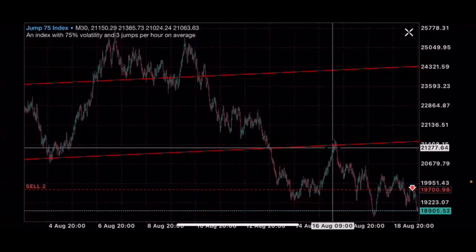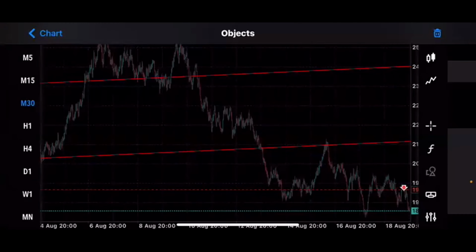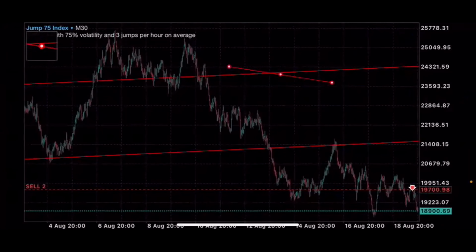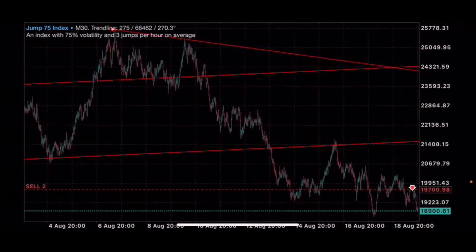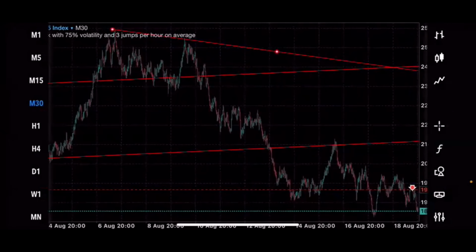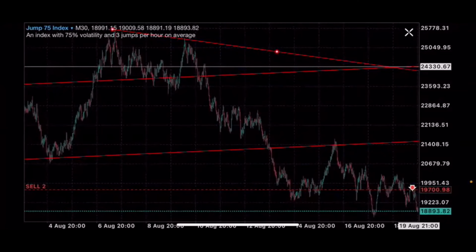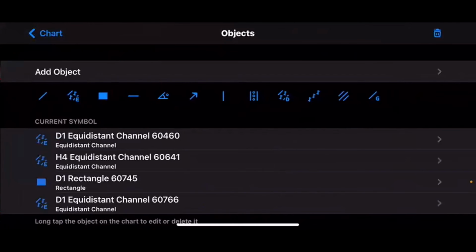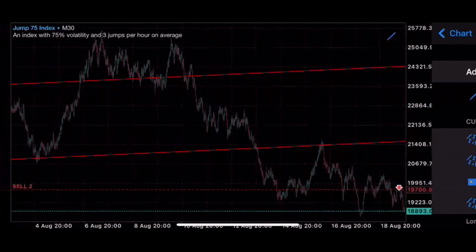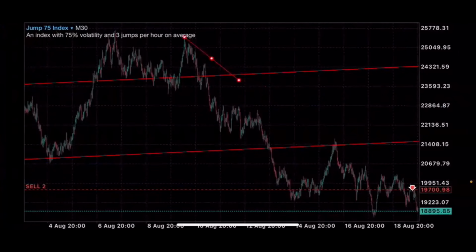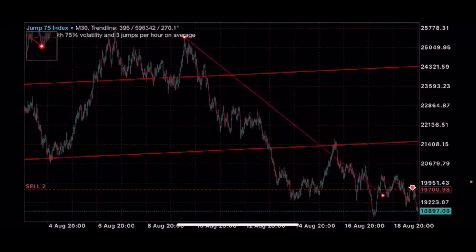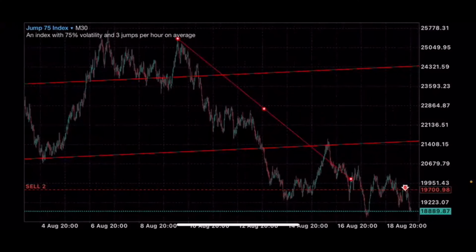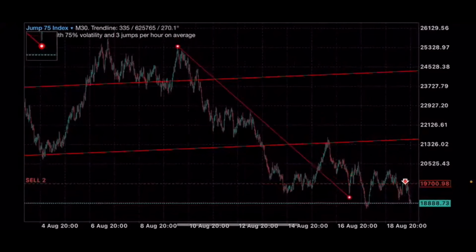So now you go to the M30, and you see that there's also a trend here. Now I can decide to draw this trend like this. It's very correct. But before this market reaches here, it's going to take a while. So it's as good as useless. So I'll use this one as my next factor here. And remember what I always said about market invalidation. So now if I have something like this,